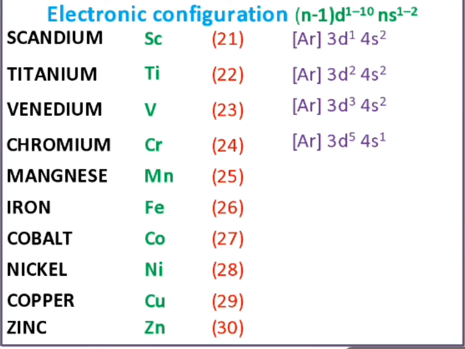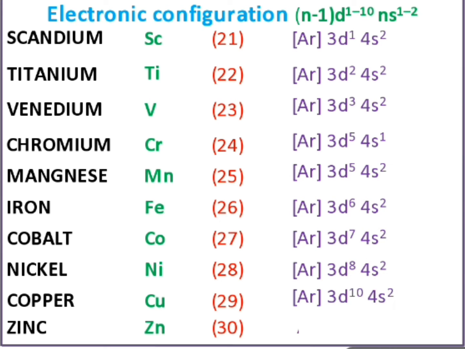After that, in case of manganese, if the last electron enters the 3d orbital, it will become 3d6 incomplete, with 4s half filled. And if the electron enters 4s, it will become 4s2 fully filled. So which one is stable, fulfilled or half filled? So now the condition will be like this. This is the configuration of manganese. After that, these are the electronic configurations.